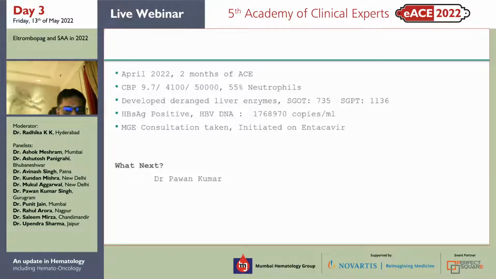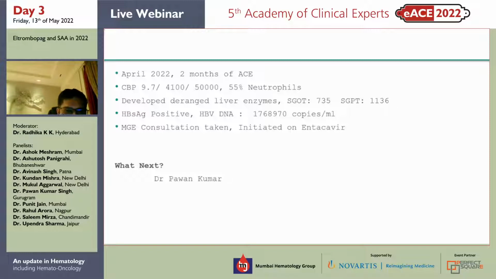Yeah, Dr. Radhika. So first thing is that HBsAg is positive and HBV DNA copy number is very high. I remember this case previously, before starting ATG, viral markers were done and HBsAg was negative, I believe. As a routine practice we also do core antibody for our patients before starting ATG. So core antibody should have been done. Since the HBsAg earlier was negative, he must have acquired this infection after, probably because of blood transfusion. Anyway, that's a different issue. But now, how to manage this patient?